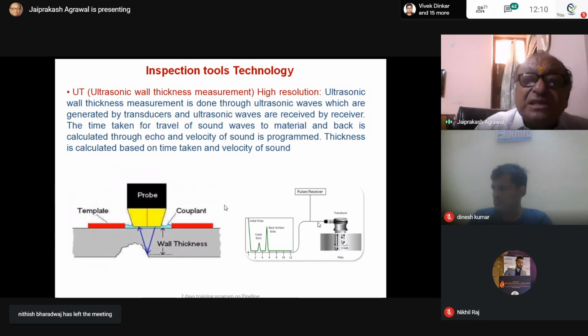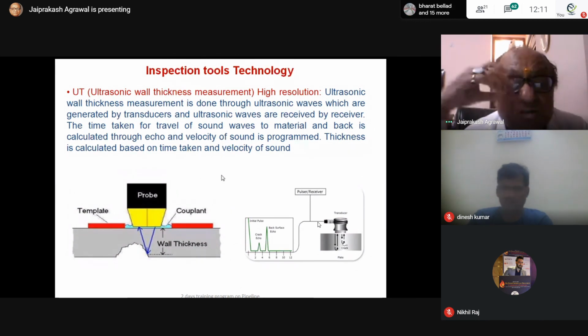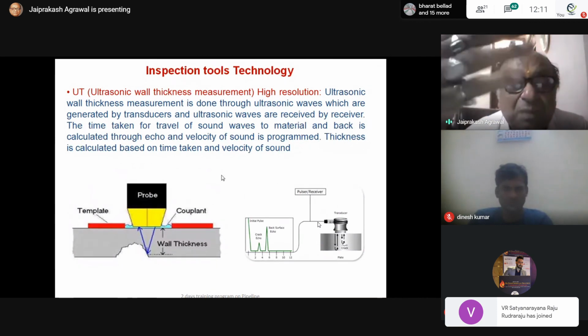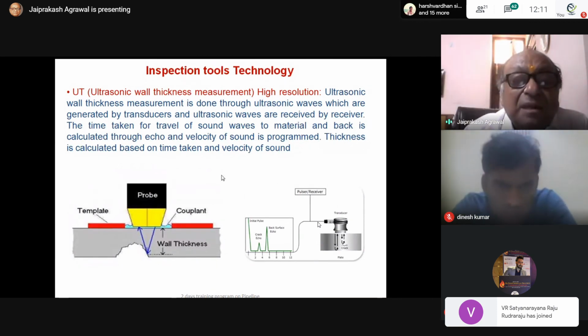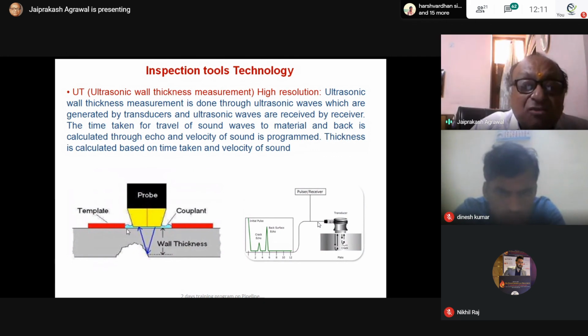So you know the velocity is there, some velocity. And echo, you know that echo you are doing for the heart also. What is your heart movement? What are your palpitations? These all depend upon the echo. So whenever these sound waves go from the transducer, which creates the sound waves, it travels at the velocity through the pipe, and it returns back. You see, this is the wave that is coming and returns back. So the velocity is programmed. It comes here, goes back. This is the echo. What comes back is the echo.